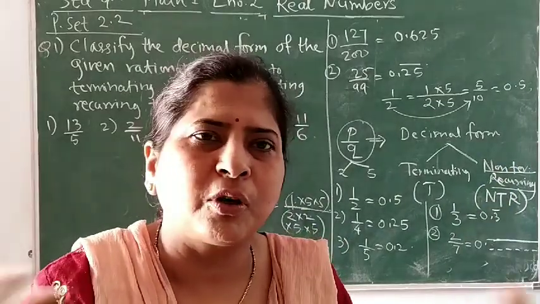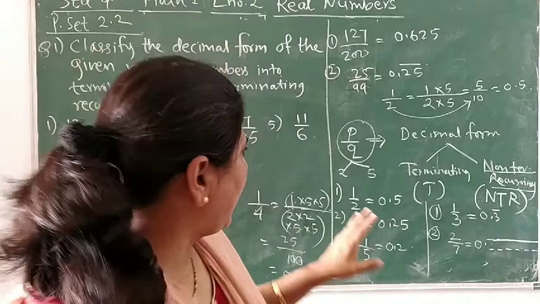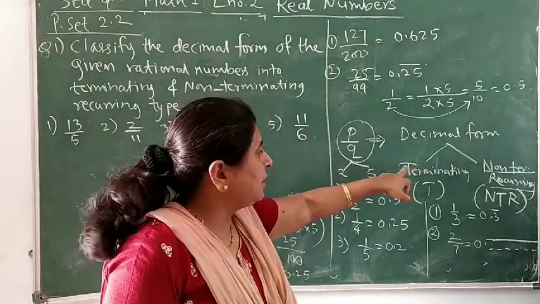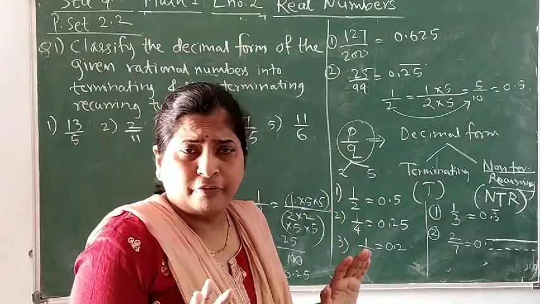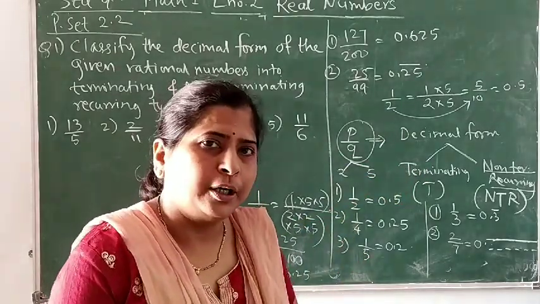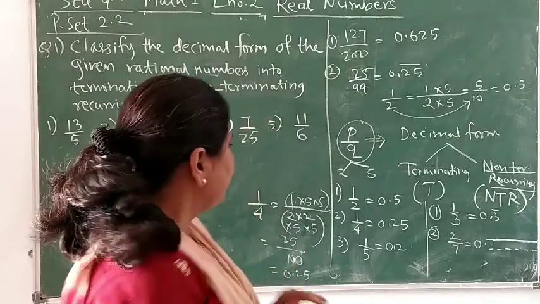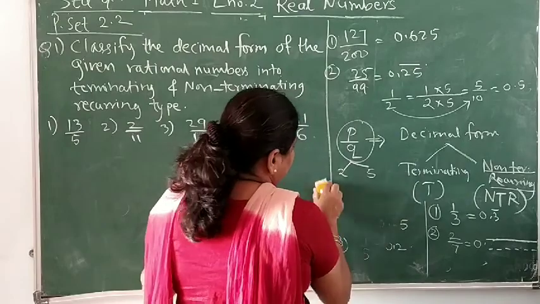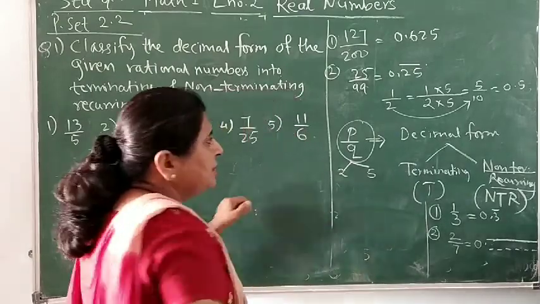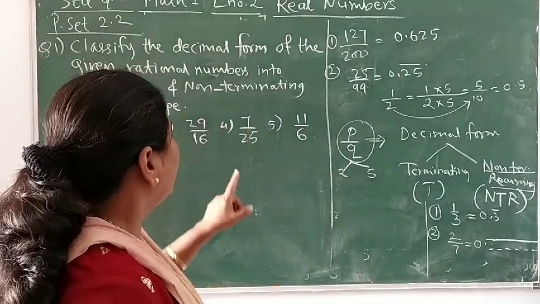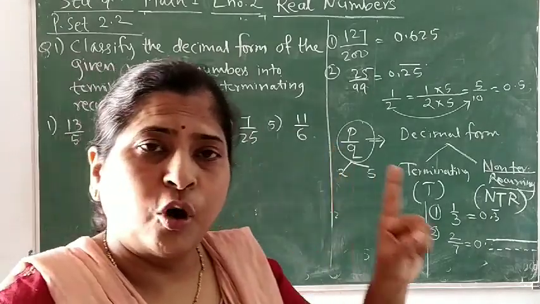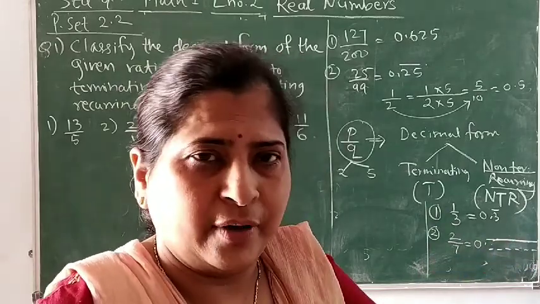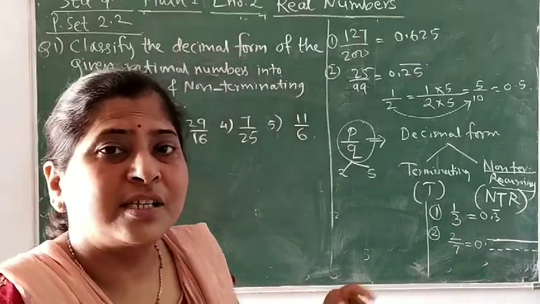Like that, if the only prime factors we have in the denominator are 2 and 5, its decimal form will be terminating. And if it is not 2 and 5, it is going to be non-terminating recurring. You can check this by taking some other examples also. Now what does this information mean? If the factors of the denominator are 2 or 5, or 2 and 5, the decimal fraction is terminating.